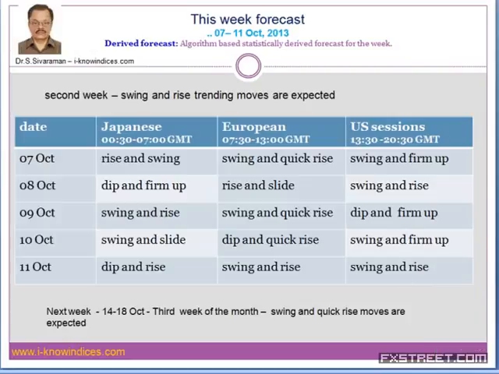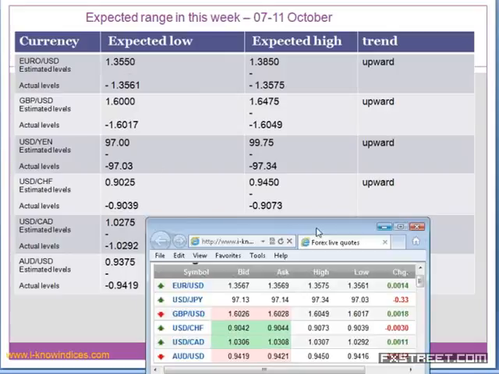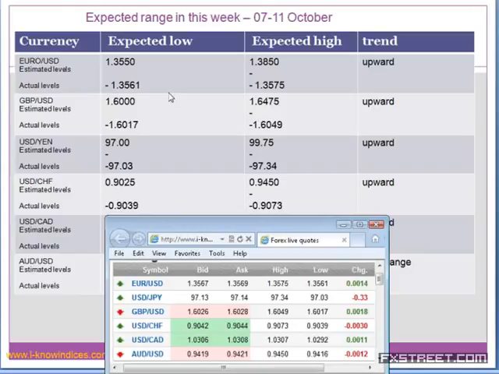Now coming to the levels. Some conditions. So Euro could form the low at 1.3550; 1.356 is the current low they have shown. And probably a brief downward move could happen during the European session or something like that. And then subsequently they are expected to gain the levels, and we could see that it could gain about 300 pips, to 1.3850. Still, the upward journey is intact.